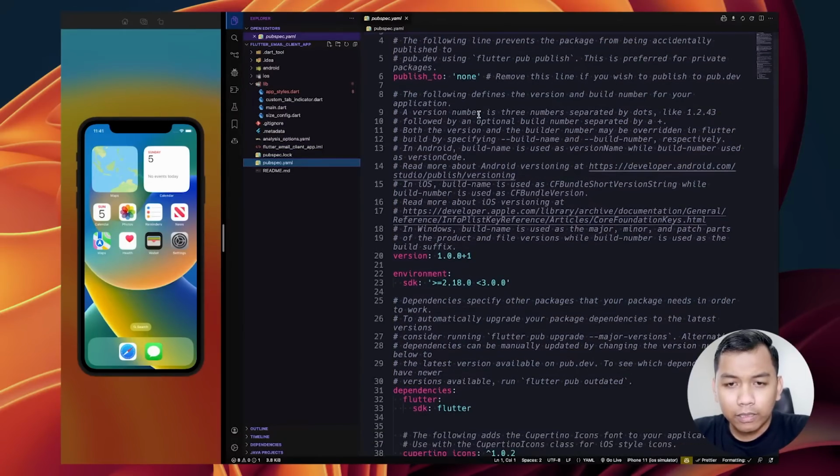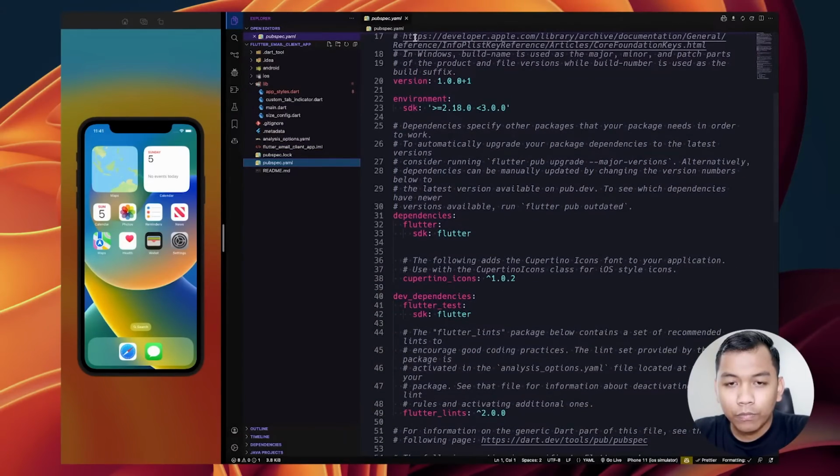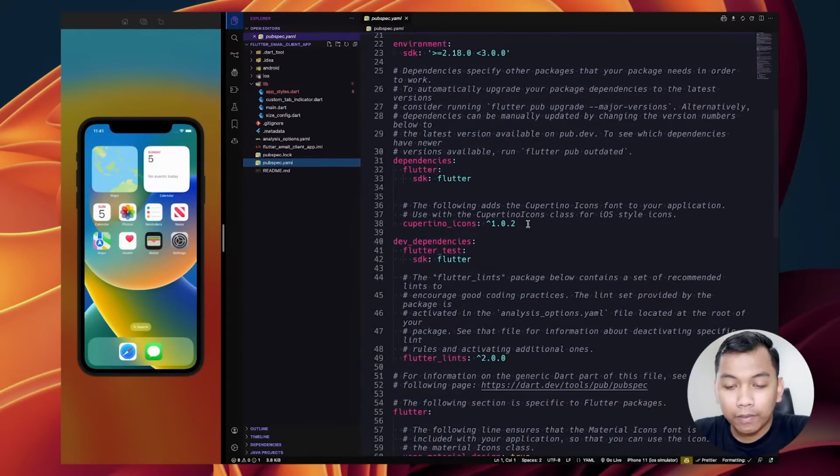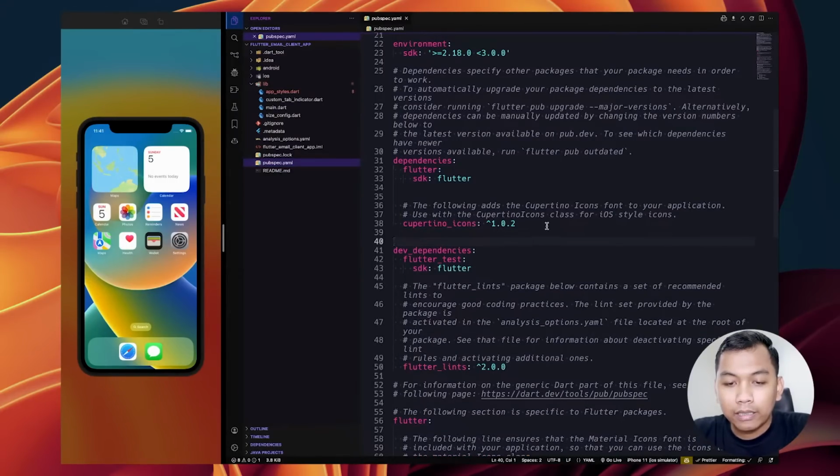So first thing first, let's go to pubspec.yaml, and right here, let's add a new dependency which is Google Fonts, for the version 4.0.3, and just press get dependencies. Wait a second.